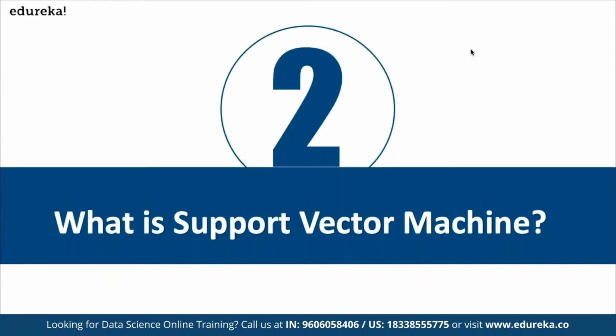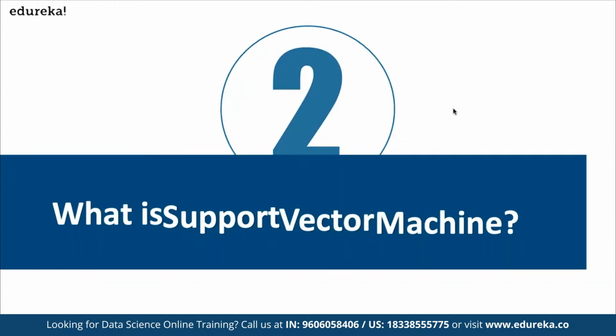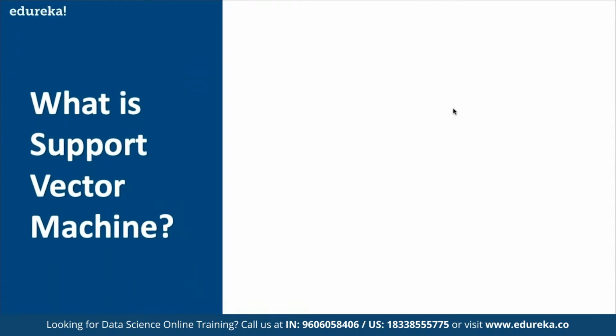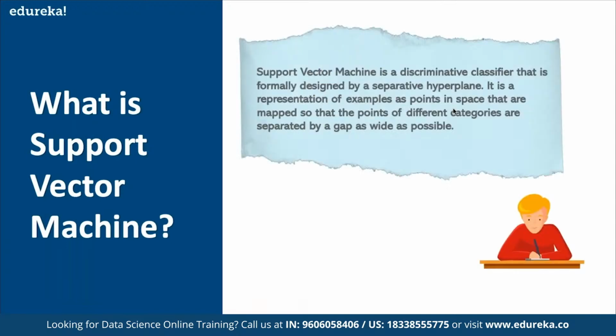All right, so next we are going to discuss what exactly we mean by support vector machine. A support vector machine was first introduced in the 1960s and later improved in the 1990s as well. It is basically a supervised learning classification algorithm that has become extremely popular nowadays because of its efficient results, especially for complicated scenarios.